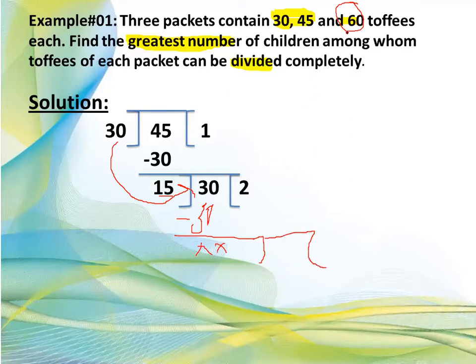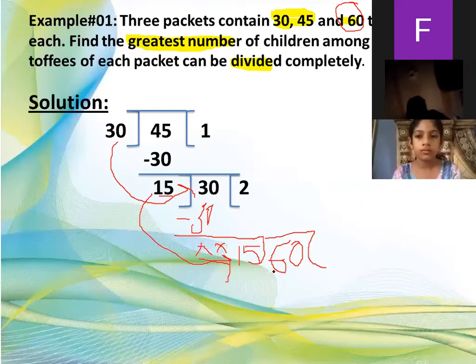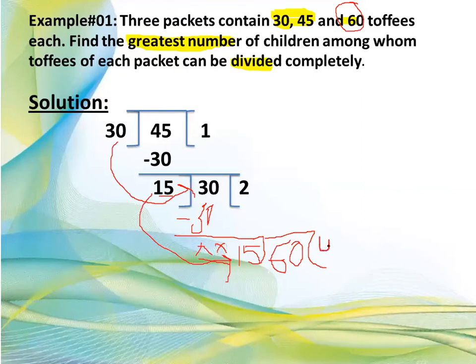Why are you taking the next number 60? Because here you get no remainder. That's why you will take 60 as your new dividend, and for this you need a divisor. So you will take 15 as the divisor again, and now you will divide 60 by 15. 15 multiplied by 4 will become 60. I have explained this method in detail in my last lecture, yesterday's lecture number 3. Now after subtracting, I get no remainder here.